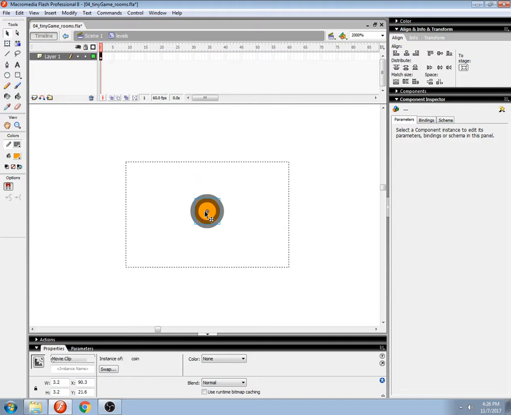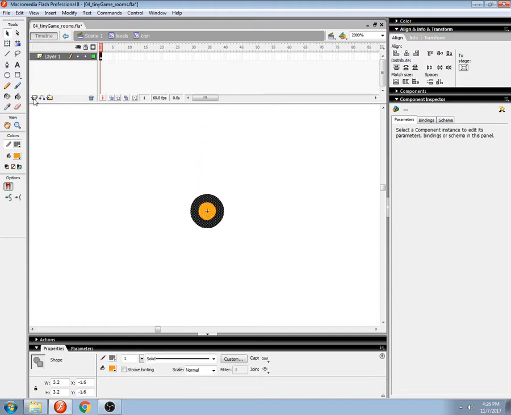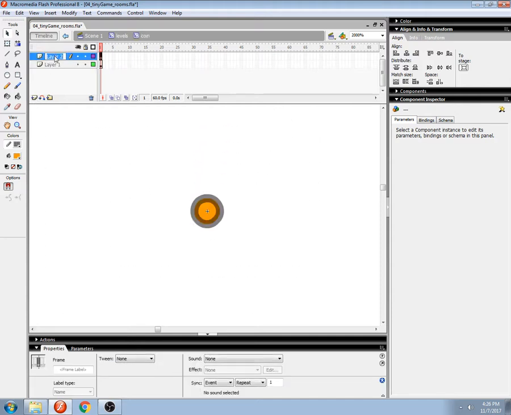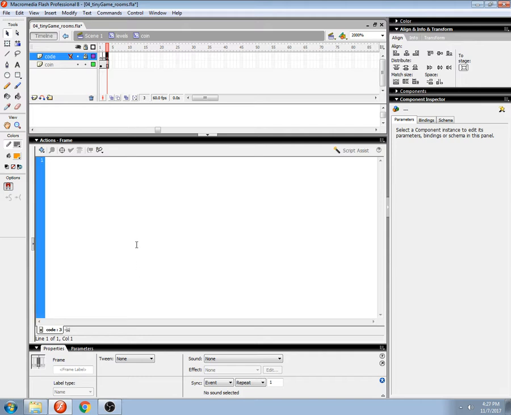And then we'll go inside, make a new layer. This will be where the code is. This will be the coin. I'm going to lock this layer so I don't accidentally draw anything on that layer. Hit F6 twice. Third frame has go to and play 2 in it. Second frame